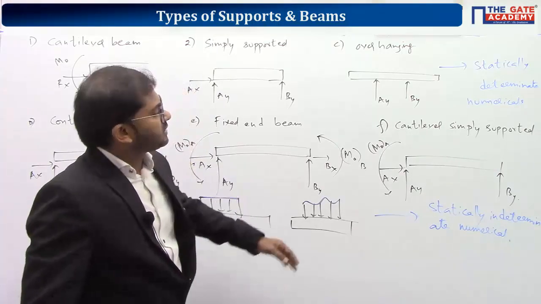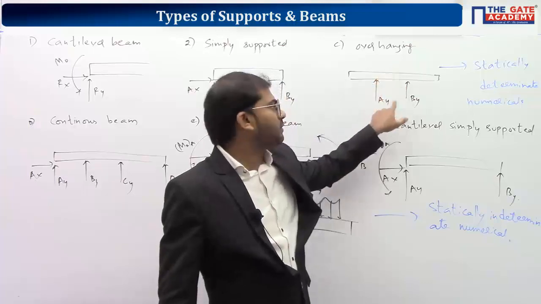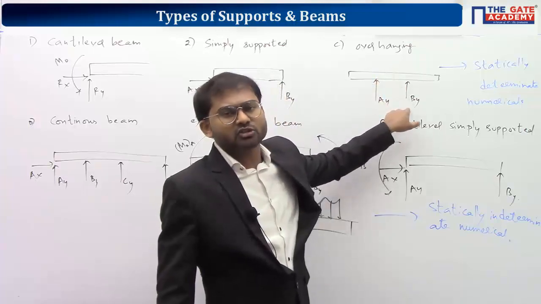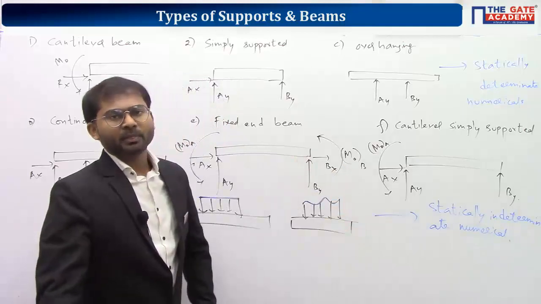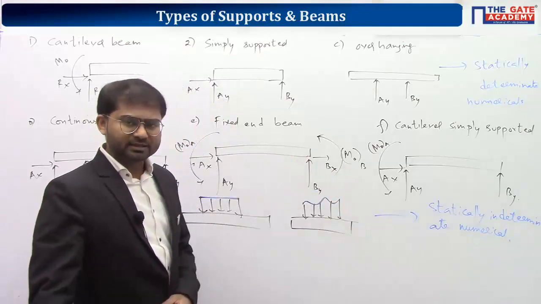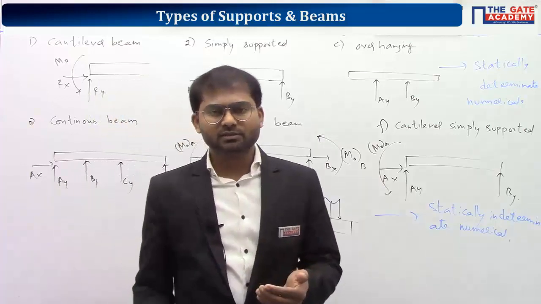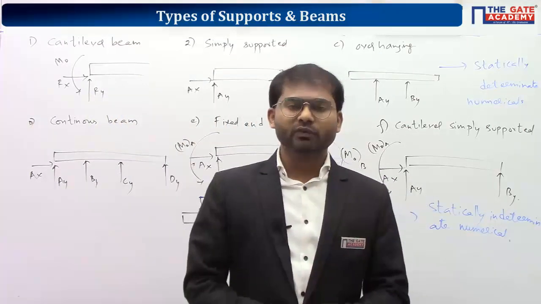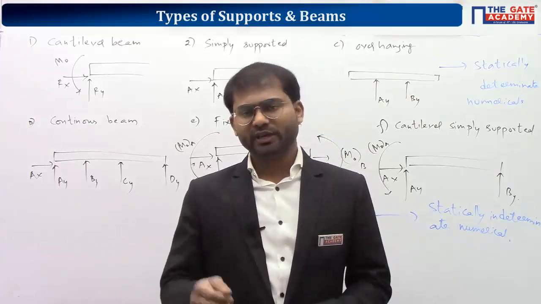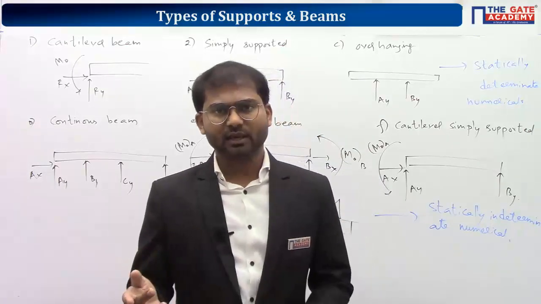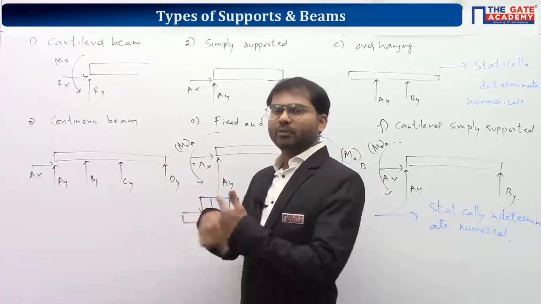Understand? So for these also, Ay, By, obviously, if you are applying a force in the downward direction, Ay, By will be in the upward direction. Sometimes your thinking about the direction of the force will be correct, sometimes it will be wrong, but that's okay, because the application of equilibrium equations will give you the values, I mean the magnitudes along with signs. So you take any direction, you can get the answer correctly. If you are getting a negative sign, that means whatever direction you chose is wrong. You should take the opposite direction there.